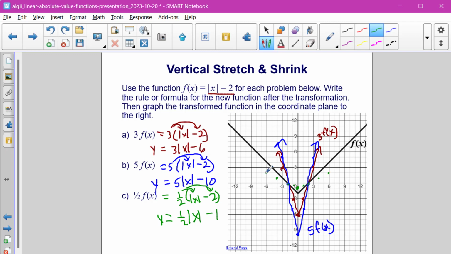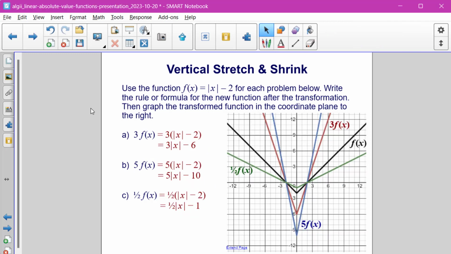So then if we connect all of our points, we end up getting this function. So this is 1/2 times f of x for this graph. And here are the solutions to the 3 examples that we just worked out, and they do match the solutions that we found. Again, notice that any point that was not already on the x-axis ended up getting pulled vertically